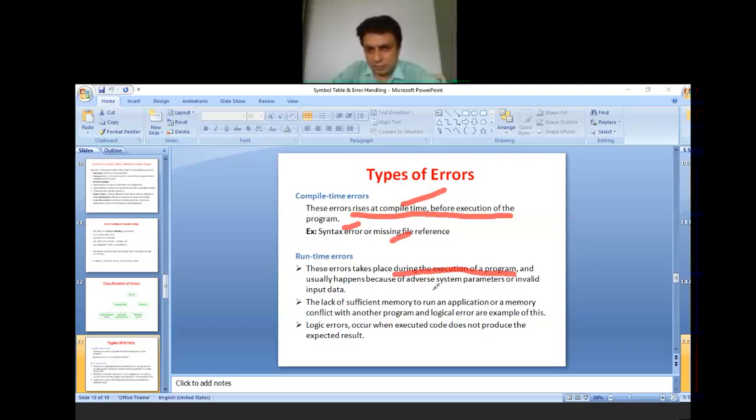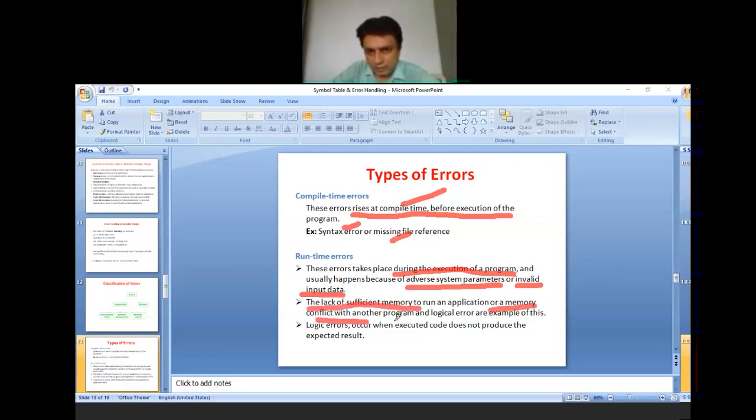So these are some of the reasons by which runtime errors occur: adverse system parameters or invalid input data. Other reasons for runtime errors are the lack of sufficient memory to run an application or a memory conflict with another program.